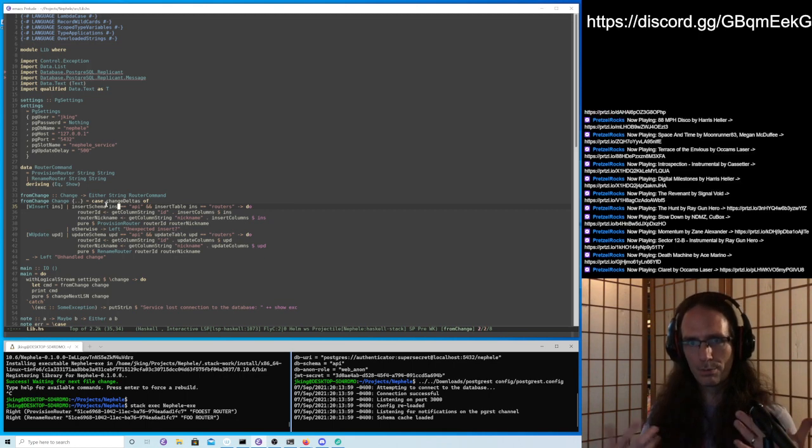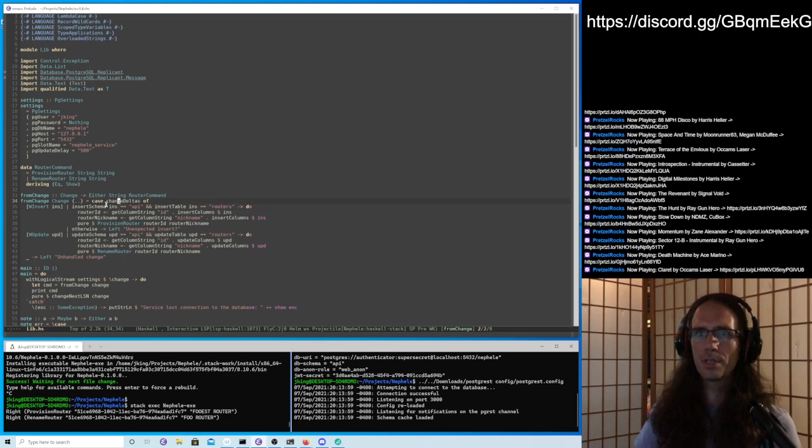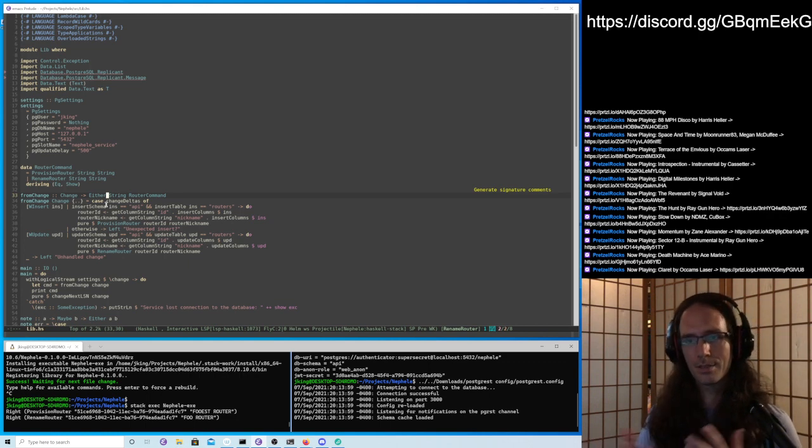I was saying at the beginning when we were doing this mapping stuff that the domain of changes is really, really large, and the range of router commands that we have is very small. It's very finite. It's only 2. So that's why we have an either there. We can't avoid having some kind of type to express that partiality, if that's the right term, where we can't map all of the elements of all the possible queries that can be in change to router commands.